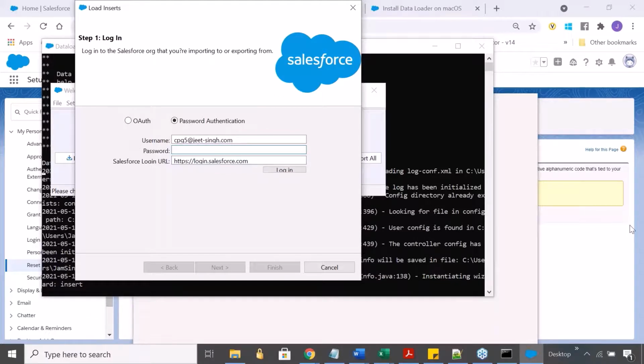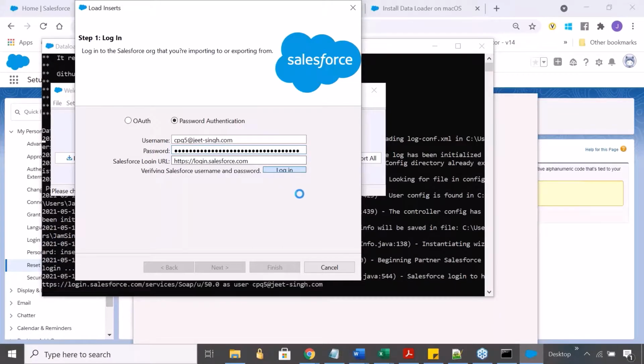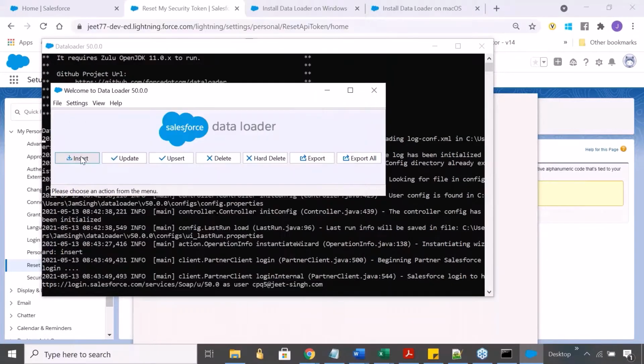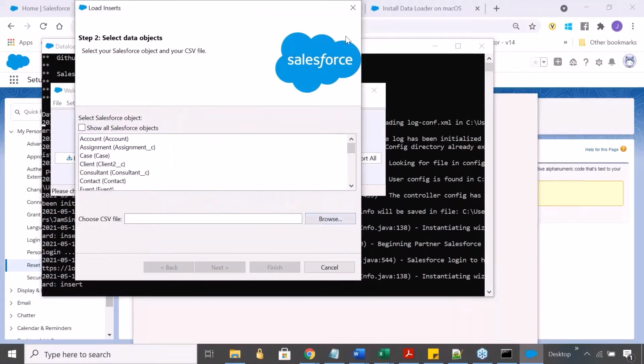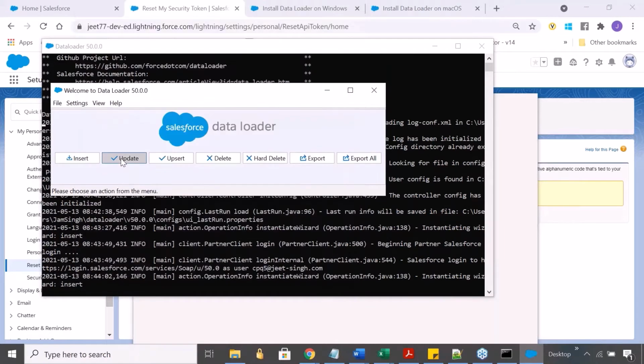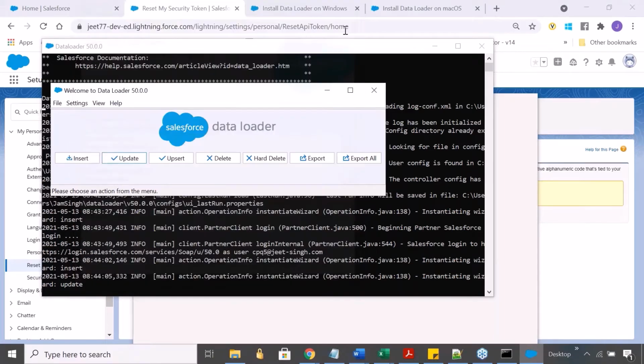Let me just type my password and paste the security token, and then I'll log in. Login successful. Now I can do whichever operation I want. I can click on insert, or update, or whatever operation I want, from here.